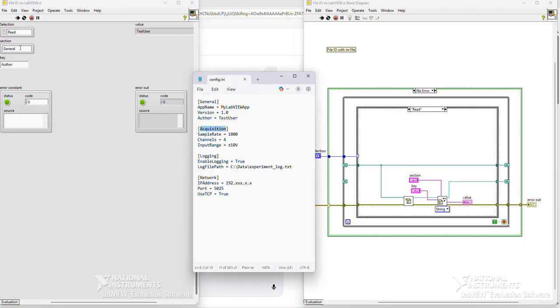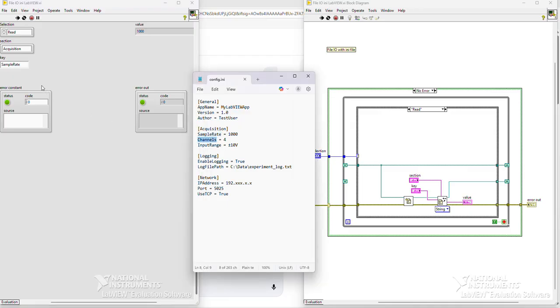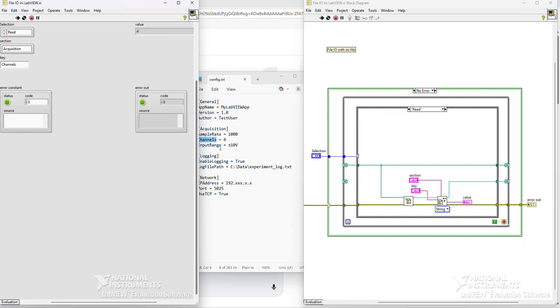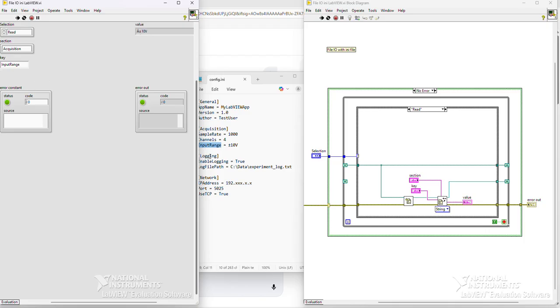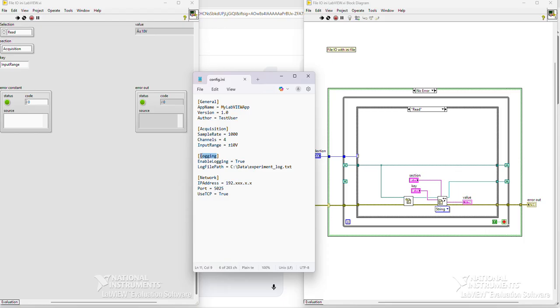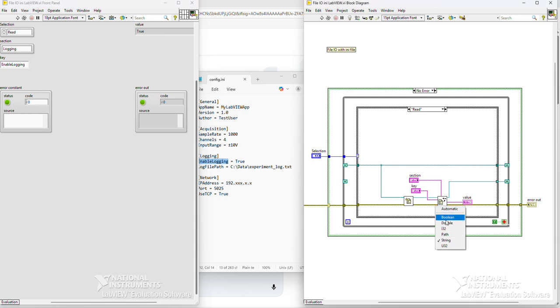And if I have to move to the acquisition, then we just have to change that section name first. Then if I put it in, you can get the value. For input, and in order to change the logging, you have to change the section. Also, if you want to change this one into another format, boolean, double, or string, or anything,